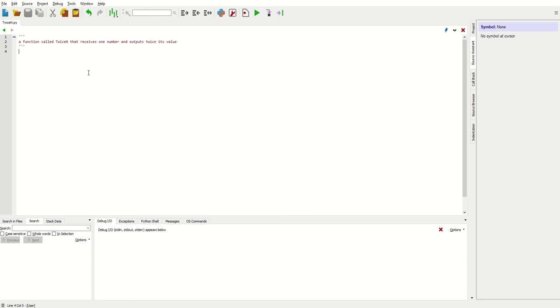Welcome back. In this video we are going to see how to create a function called TwiceN that receives one number and outputs twice its value. It's a very simple function, and the goal is more to demonstrate how to create a function than the content itself. So to create a function in Python, we are going to use the keyword def to define,